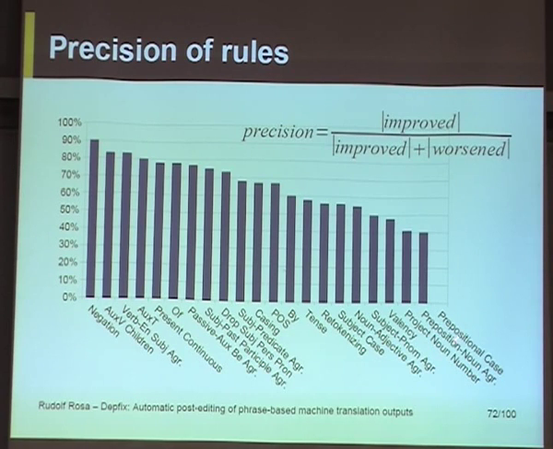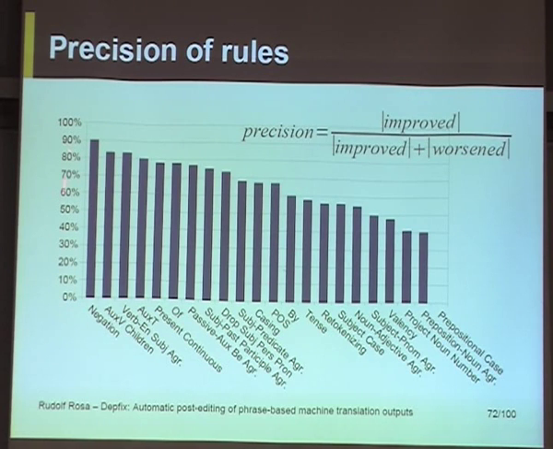And the interesting thing is that when we did this evaluation, there were several rules that even didn't make it to 50%, which means that at least on the dataset that it was evaluated on, the rules made the output worse. It requires some tuning, and the machine translation systems are changing all the time. So something that works one year might not work the other year. It's varied, but still there is a lot of rules that are kind of high performance rules.